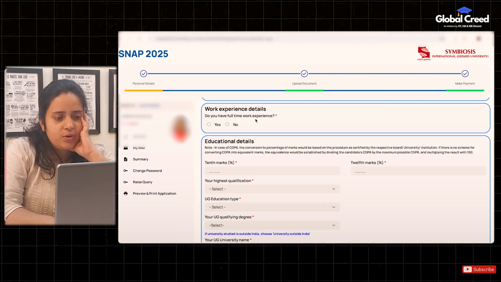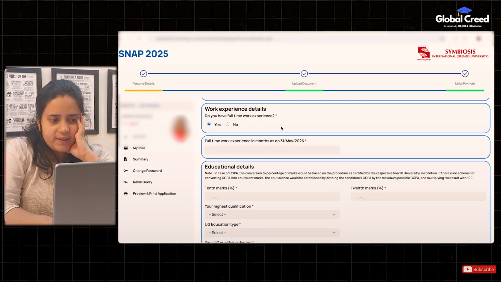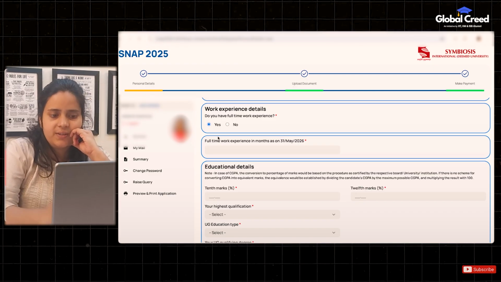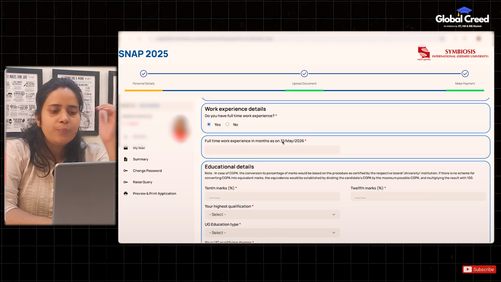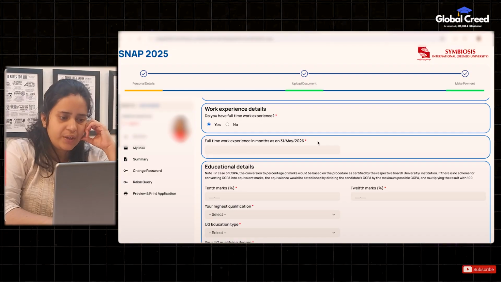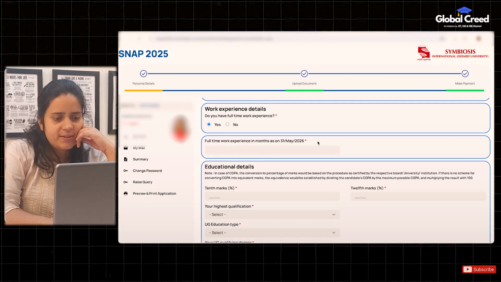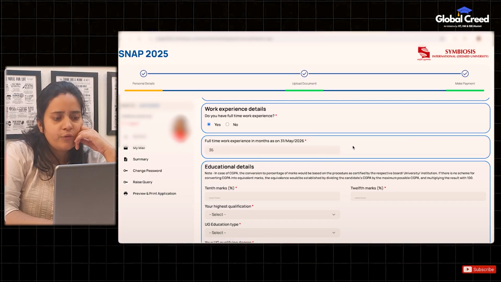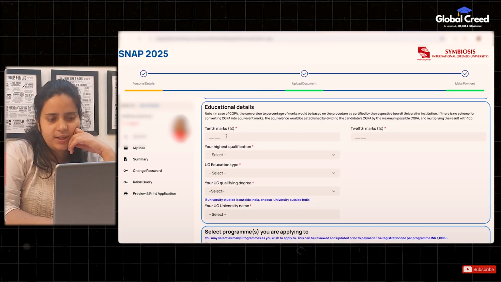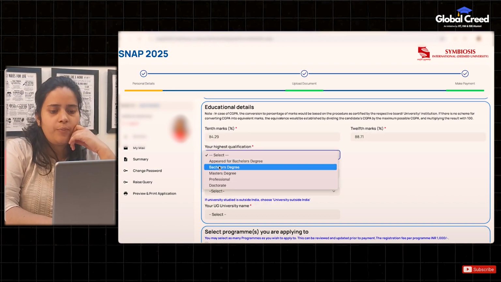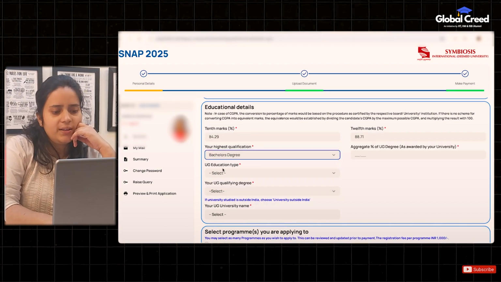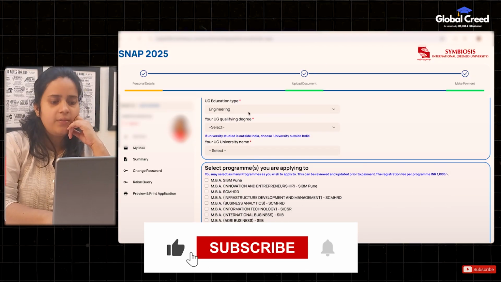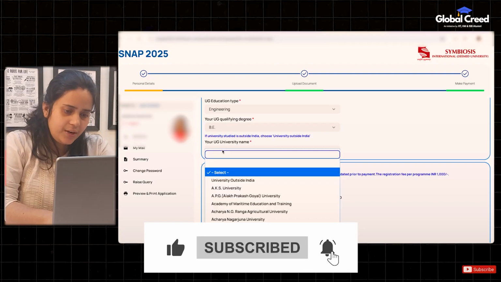Now you will enter the rest of your information, that is WorkX. So you have to enter your full-time work experience, that is experience in months, calculated up to May 31st, 2026. If you are not sure when you will resign, just enter your experience up to the current date. Right, then after that you have to fill in your educational details: enter your class 10th, 12th grade percentage, and for your bachelor's degree, choose the highest qualification, whether you have appeared for your final year or already completed it, then fill in your university and degree details.